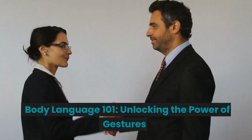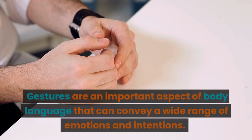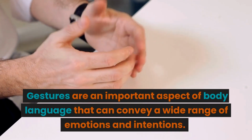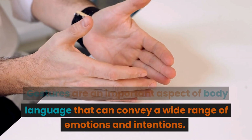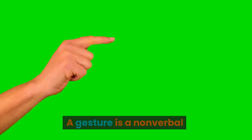Body Language 101. Unlocking the Power of Gestures. Gestures are an important aspect of body language that can convey a wide range of emotions and intentions. A gesture is a nonverbal